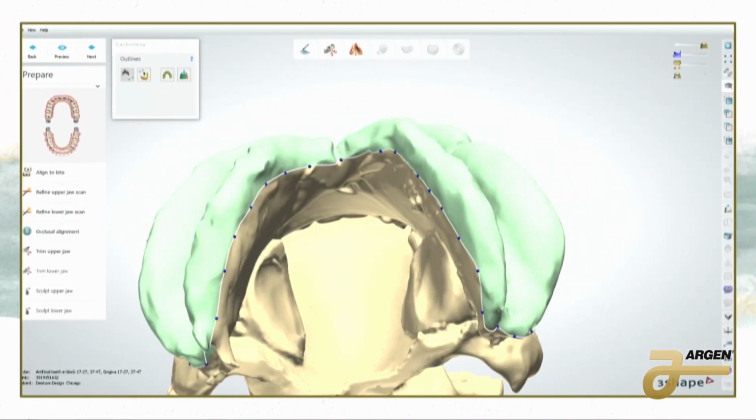Same here on the lower. Again, we don't want to lose any of this valuable data. We want to keep as much of that as we can if it's a good impression. Now, understanding what a good impression looks like will help you to adjust to a bad impression. So if we know what we want to keep and salvage in a good impression, we can make do sometimes